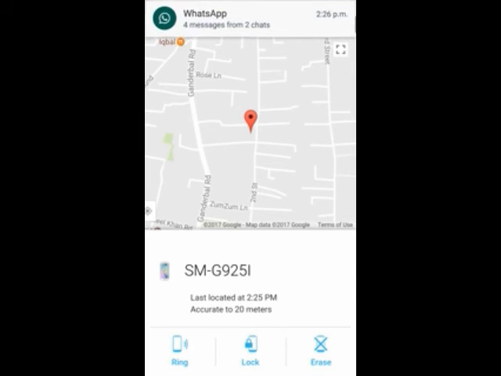As soon as you click on the erase button, your phone will be restarted. After restarting, it will be factory data reset. So there will be no passwords, no applications, no memory, and no contacts. For that, you have to take backups before doing this.